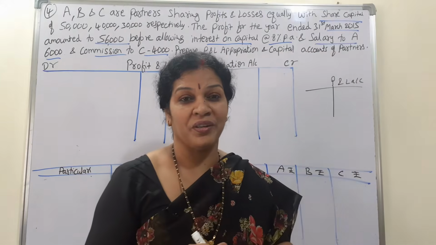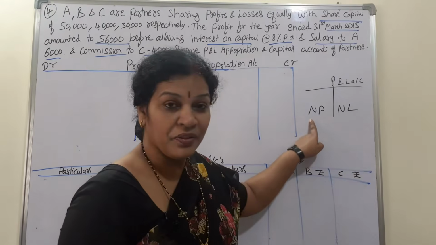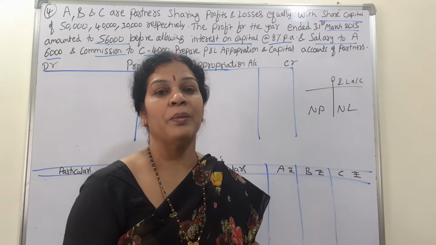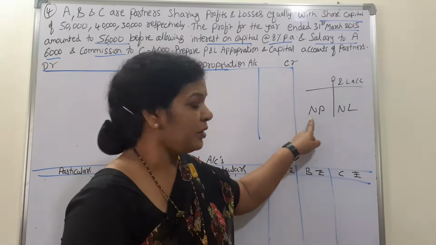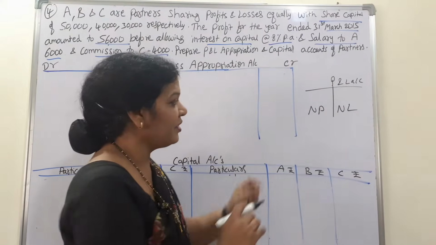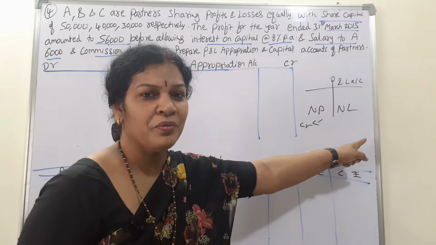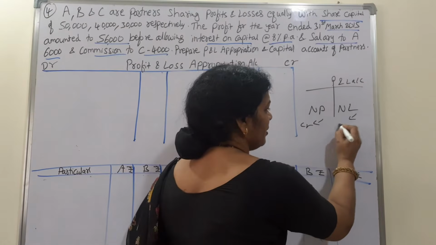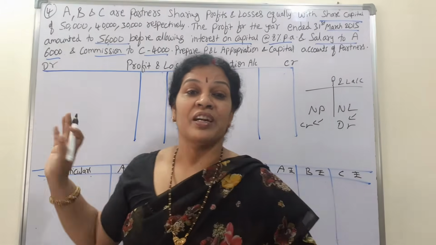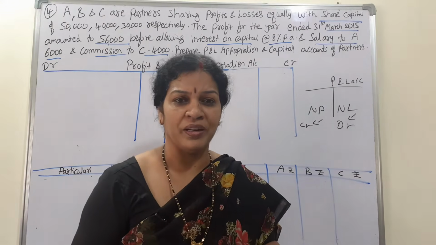Here we'll be getting profit or loss. If it is a profit, it is on the debit side; if it is a loss, credit side. Net profit debit, net loss credit, we used to get, right? The same one will be transferred to the profit and loss appropriation account. If we get a net profit, which is on the debit side, we'll transfer it to the credit side here. If we get a net loss, which is on the credit side, it will be transferred to the debit side of the profit and loss appropriation account. With this, we'll start the profit and loss appropriation account. Am I clear?